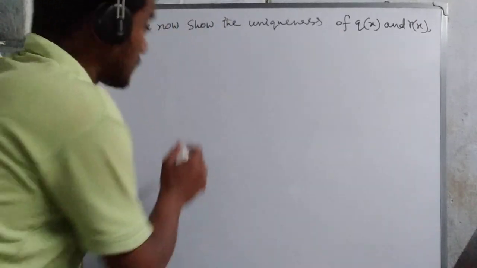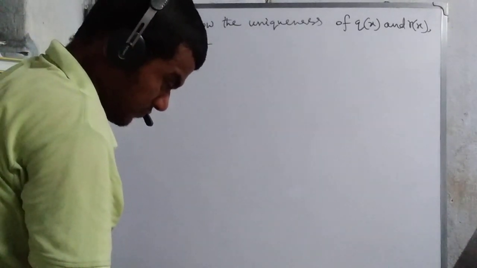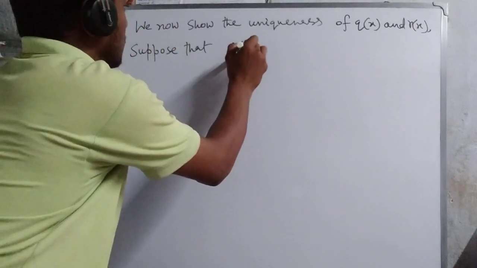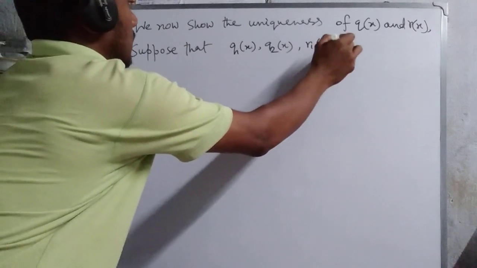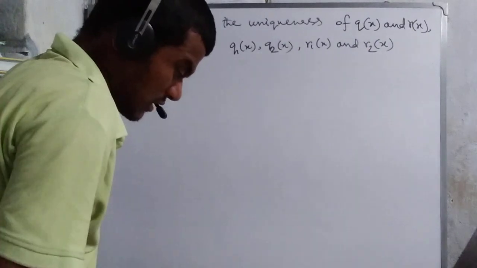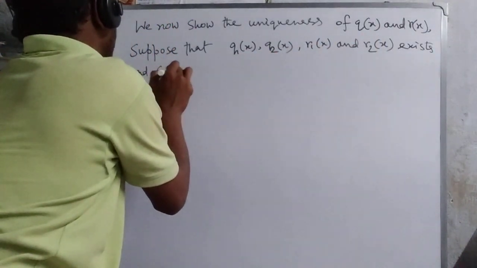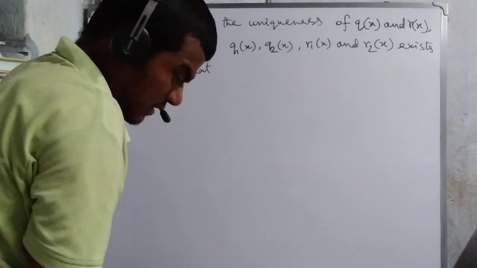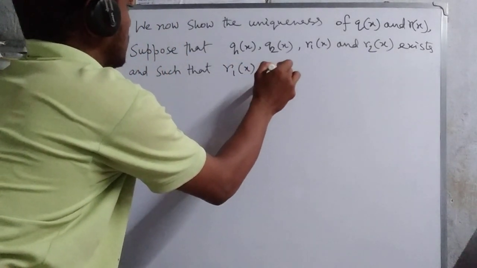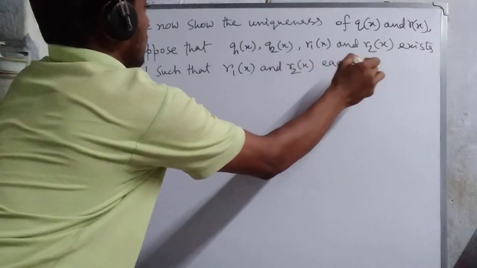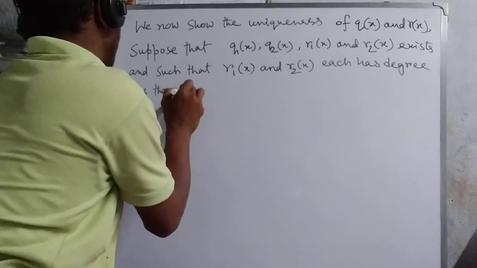Obviously, suppose that q1(x), q2(x) and r1(x), r2(x) exist such that r1(x) and r2(x) each has degree less than m,